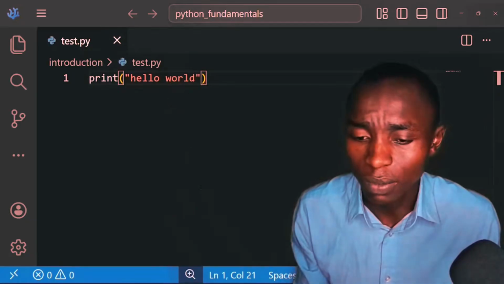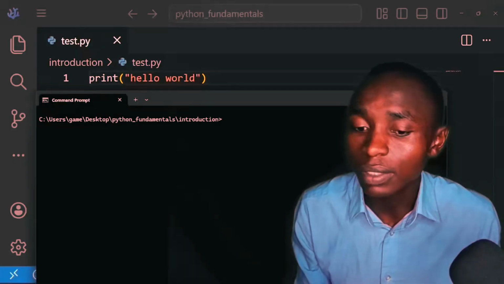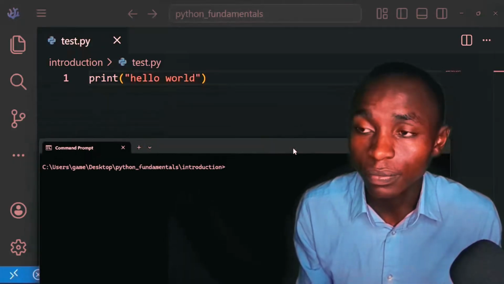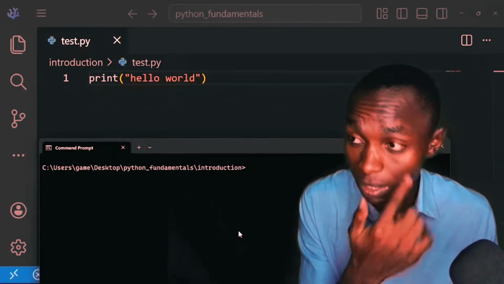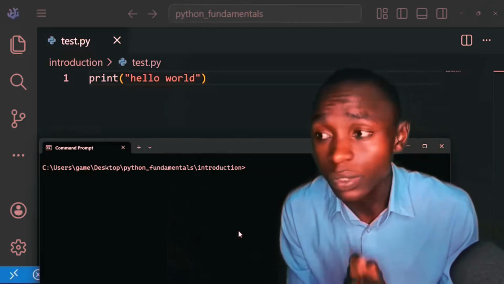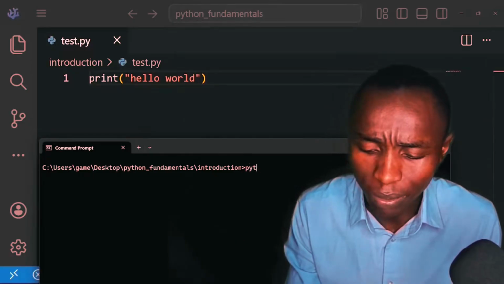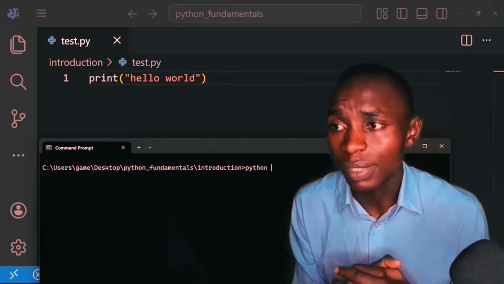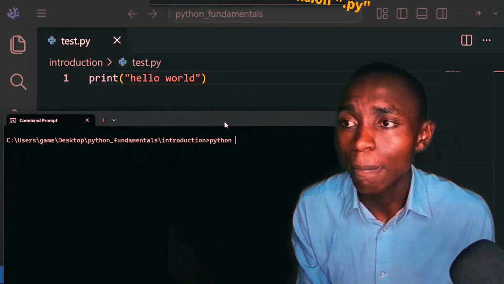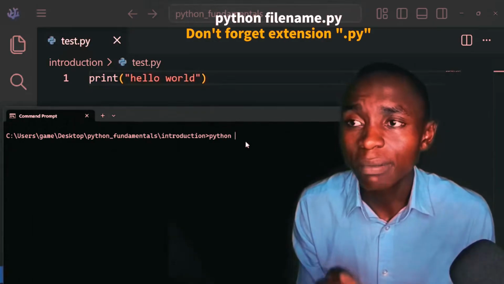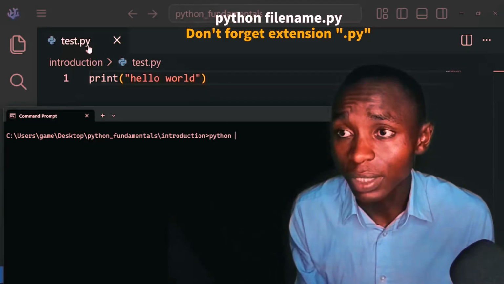Now, let's come to our terminal or the command prompt. We need to run the programs. So what is the command we use to run Python programs? The command is python, put a space there, and then you type the name of the file you want to run. The name of the file I want to run is